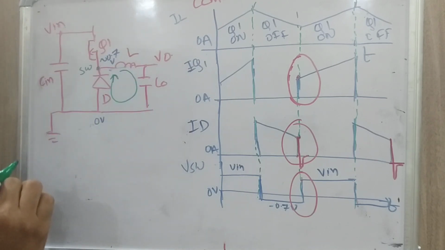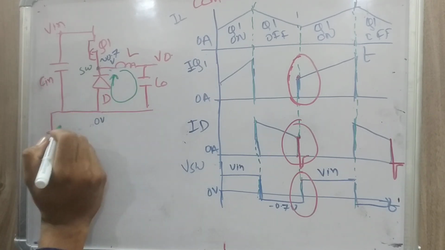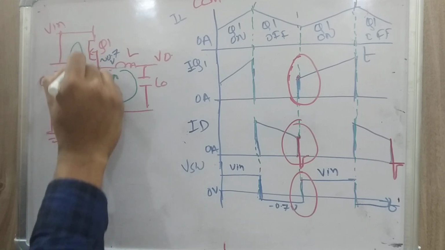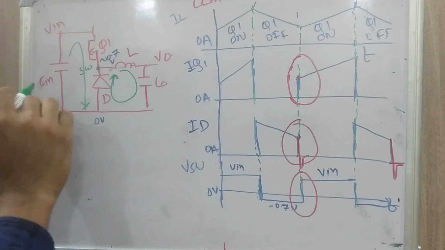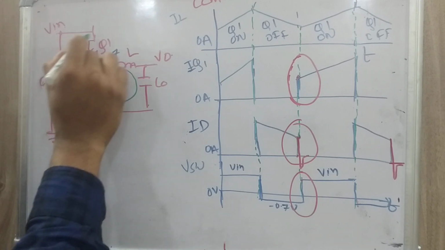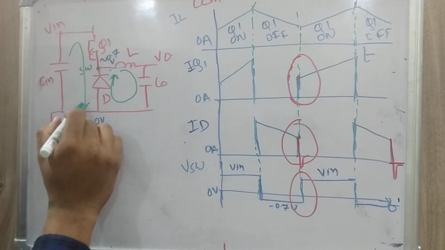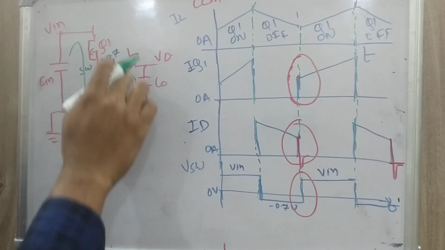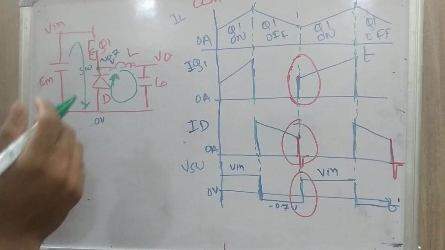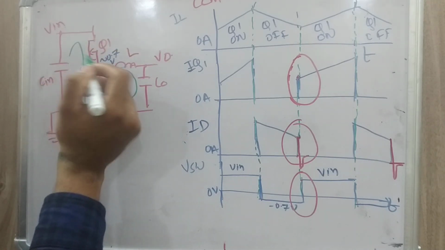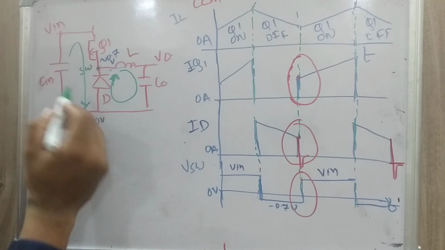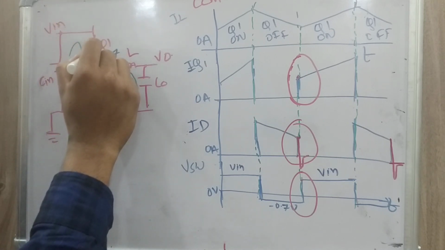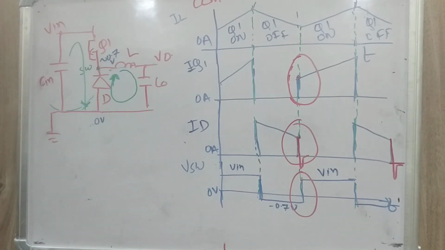Now when Q1 is on, as we discussed earlier, the reverse current flows. So current direction was in this direction earlier. Now current goes in this direction. Okay, it flows from Cin input capacitor through Q1, then diode. This is the reverse current, and it is opposite to the forward current, which was earlier when diode was conducting. When Q1 is on, the diode is reverse biased, reverse current flows from Vin through Q1, then through diode, then back to the ground. Okay, so this is how current flows.